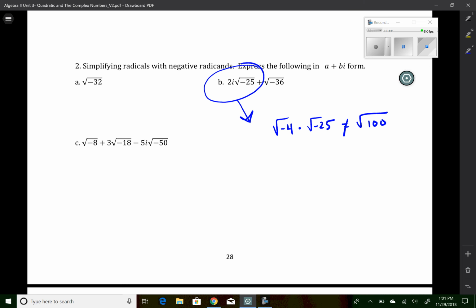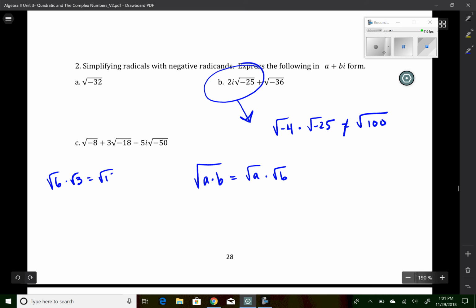And the rule is that the square root of any term times another term is equal to the square root of those two terms in separate radicals, like we've always done. For example, if I had the square root of 6 times the square root of 3, I could easily say that's the square root of 18. That works. But what I was forgetting when I was asked this question today was there's a rule here for this,